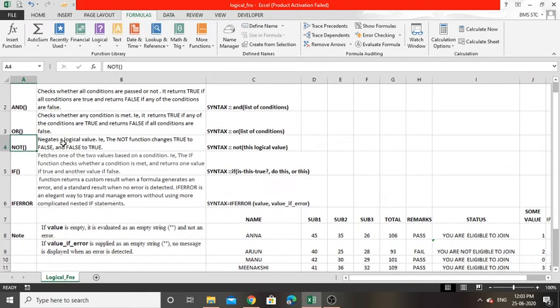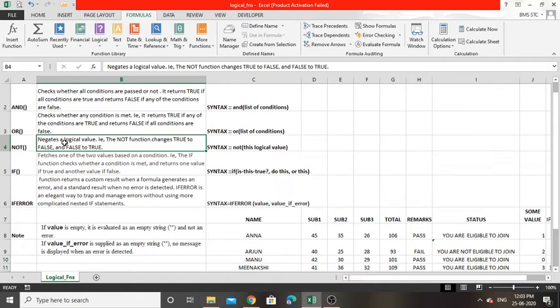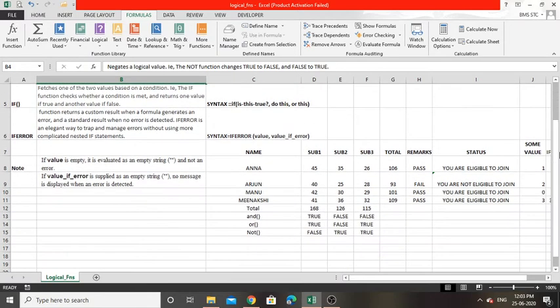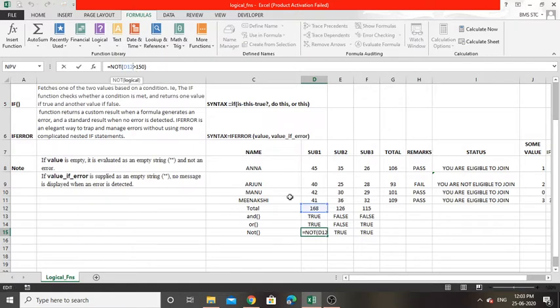Next, NOT. NOT negates a logical value. That is, the NOT function changes true to false and false to true. Let's see with the example here. You can see that there is only one condition here, I am checking whether D12 is greater than 150 or not. The condition is true, 168 is greater than 150, but we used the NOT function here, so it negates the result.